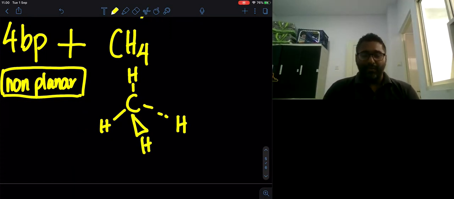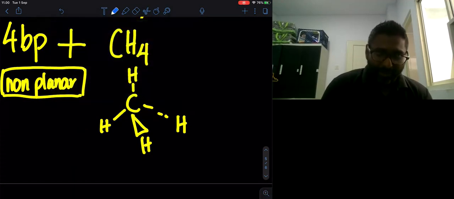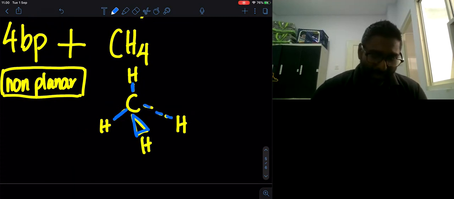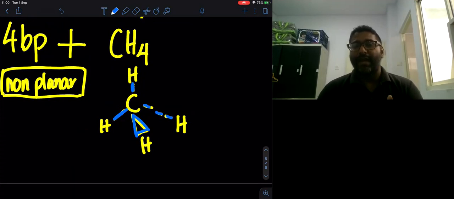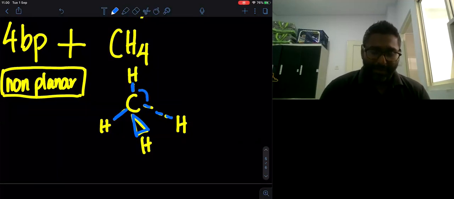So what does it mean? The two lines over here tell us that it is on this particular plane, and this one tells us that it is coming out from the paper, coming out from your iPad, coming out from your screen, and this one tells us that it's going behind the screen, behind the iPad. So this is going to be a 3D structure, and the bond angle, if you measure, is going to be